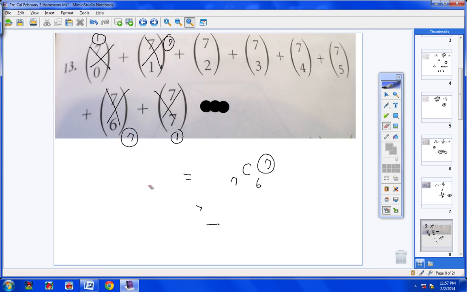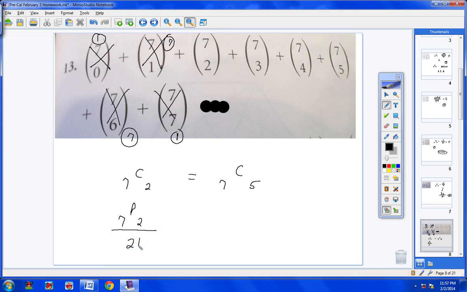Okay, let's continue on. Let's find some more that match so we can cut our time in half. Let's do this one here and this one here. Okay, so I'm going to write this problem. And notice it's going to equal this problem over here because this number matches this number. They're both the same. And when you add these two numbers together right here, they equal that same 7 right there. So if I were to solve this, I would have a group of 7 taking out 2